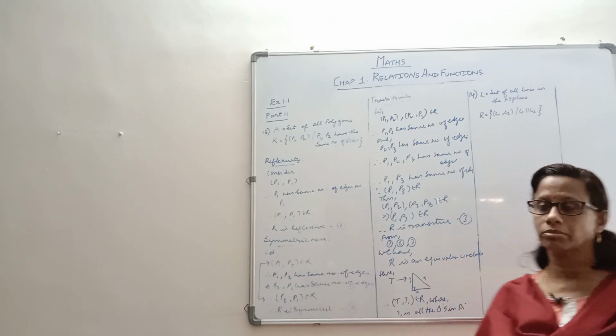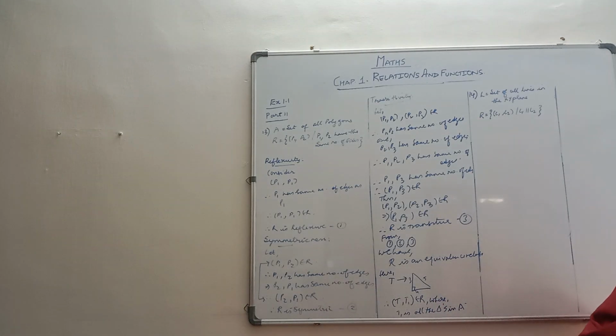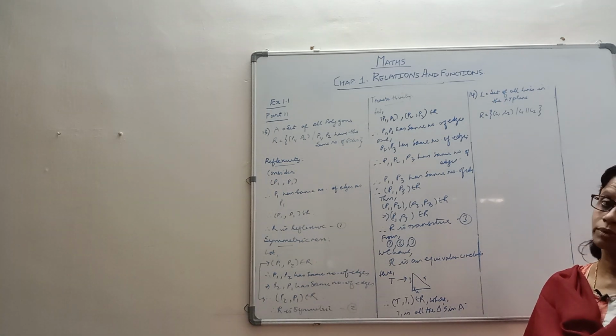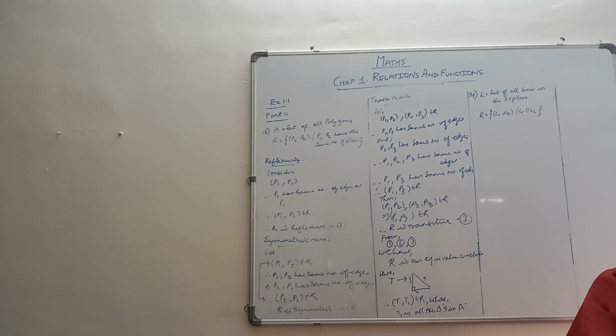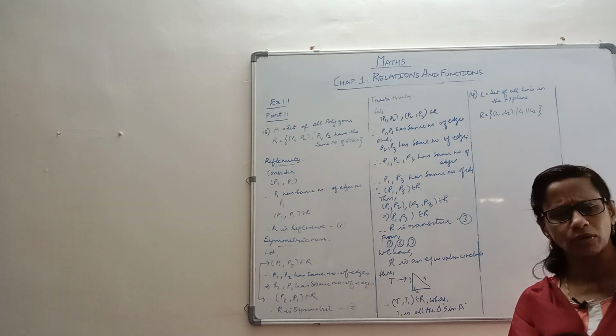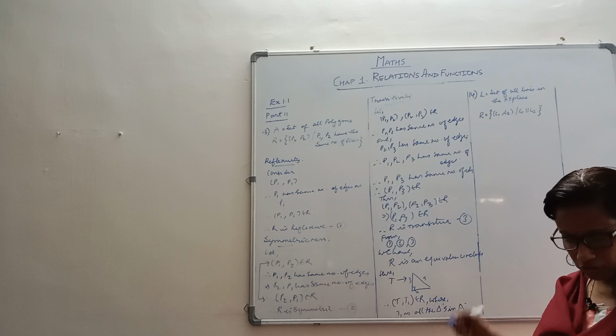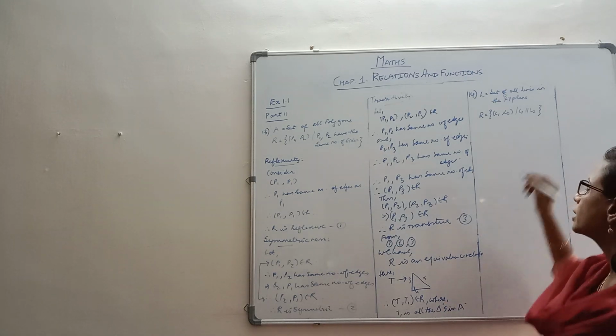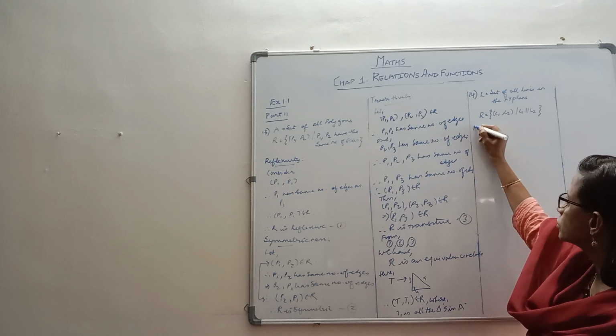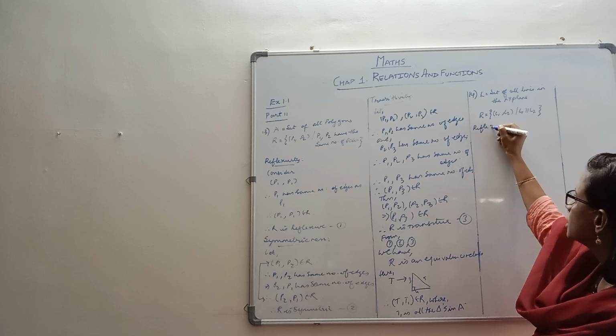Now we can jump to problem number 14, where you are looking at all the lines in the xy plane, and the relation R is defined as (L1, L2), where L1 is parallel to L2. A very universal relation, something like equal to, it will obey all the properties very easily. Of course, there is also a subpart like the previous one that we will see as we move. So let's do reflexivity first.